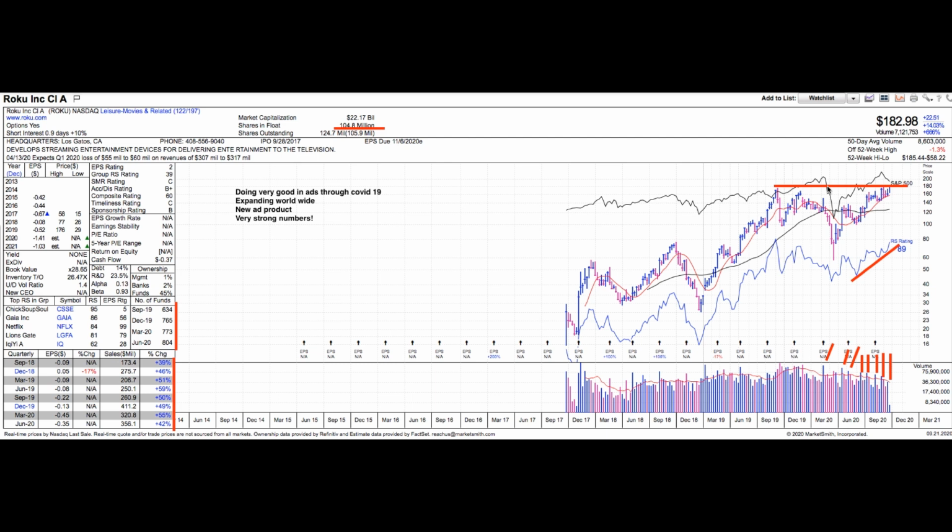I had the stock on my watch list already for some weeks, and you can see that ROKU created a very nice consolidation for a little bit more than 1 year. So 1 year the price was going sideways, and we had this very nice shakeout situation here